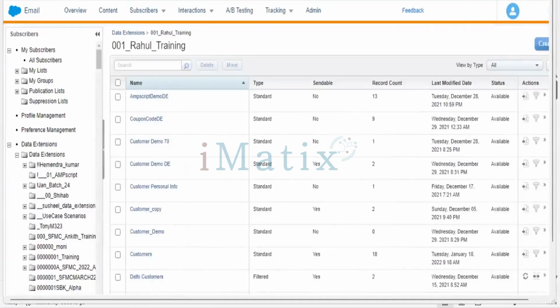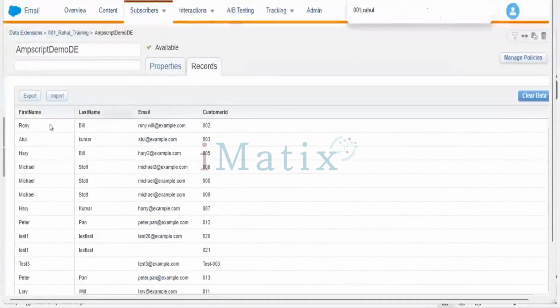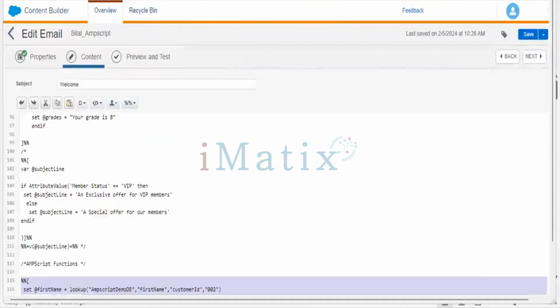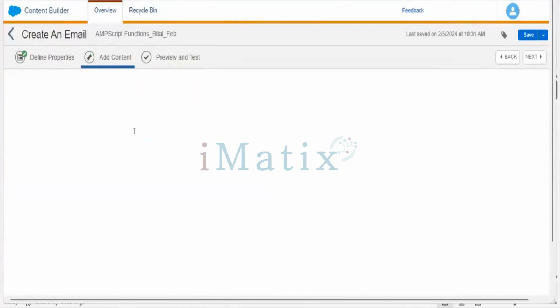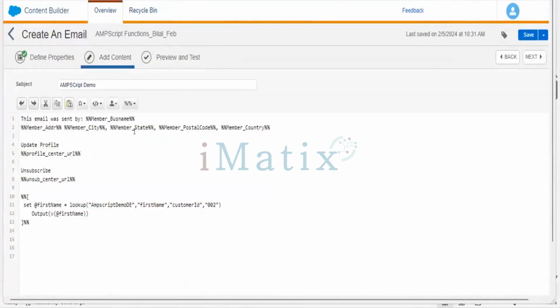Now if you change the go to content, you can change the code, customer ID code. First name is coming now. Go to code. Try to understand what is happening. Go to data extension. What is happening here? Function name is lookup function. From where is it getting the data? mscript demo. It is a data extension name from which we want to pick up the value. That is a first name field we want to pick up. Then from which row we want to pick up, we want to get the row of the customer